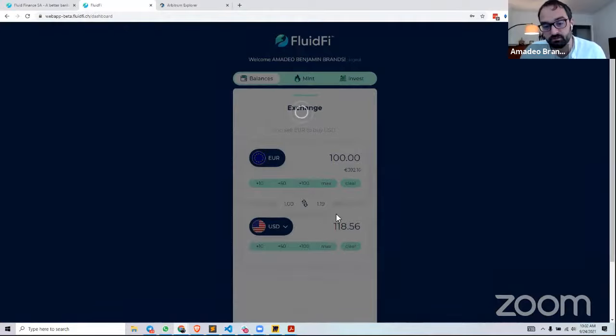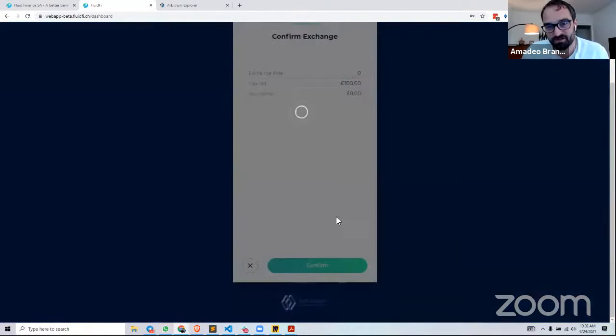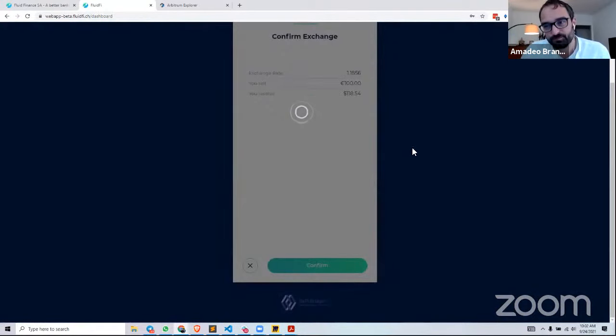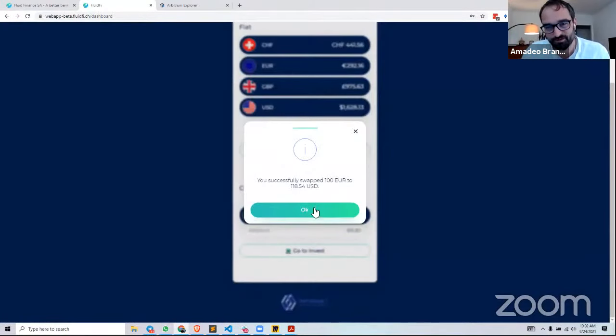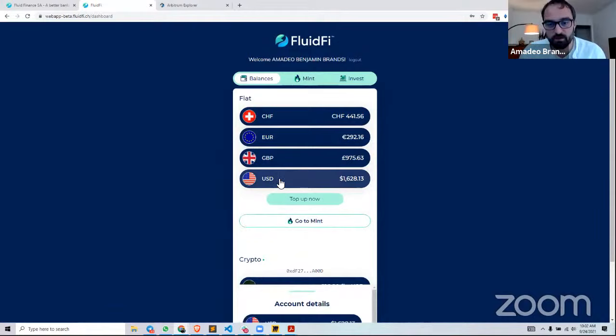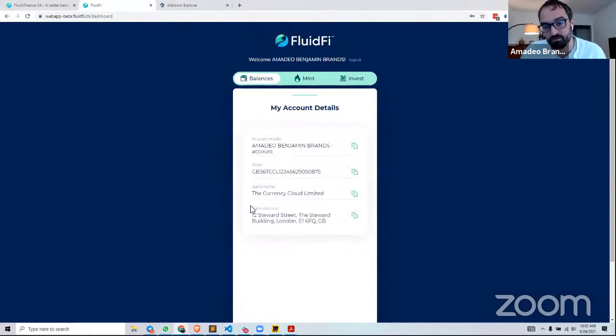And this is the CFI. We exchange it. Believe it or not, this is already a lot of work because of the legacy CFI system, but it works. We got it working. So we have a traditional account here where you can exchange money back and forth. If you want, you can receive money to your bank account.